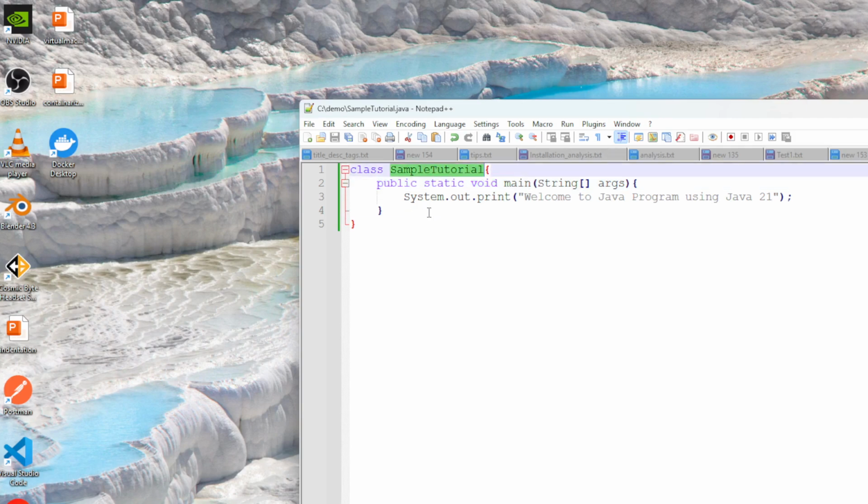Like this is the class name, and this should be similar to the file name we have created. Public, this is the public static method. What does it mean by public? It's a public access specifier. By this, this method can be called outside of this class, and static means our Java virtual machine will call this method without creating the instance or object